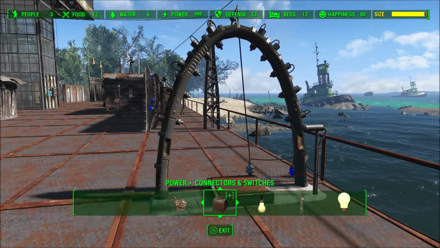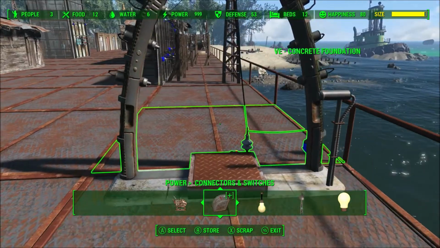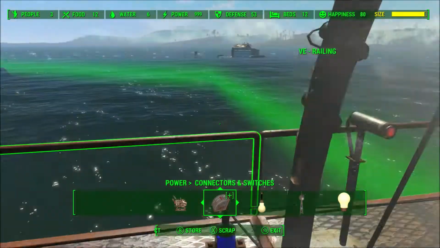And through the magic of editing, that was a quick transition for you. For me, that was a lot of twiddling my thumbs. But yeah, now when I step on this pressure plate, I get decontaminated, and I didn't even have to leave